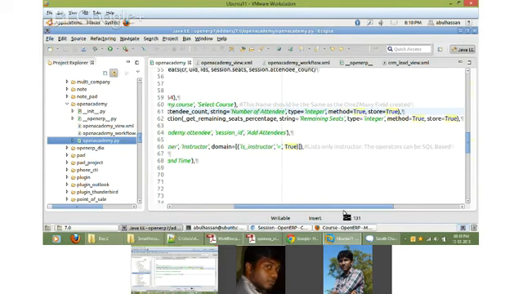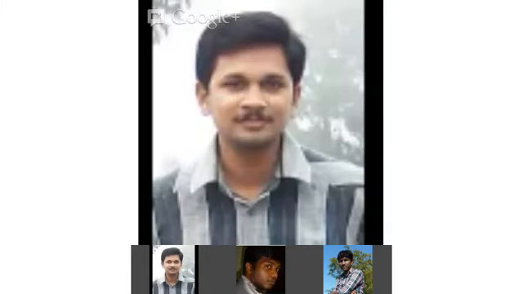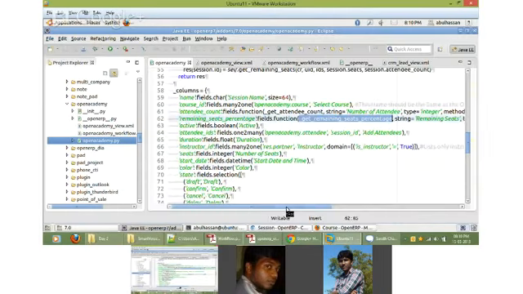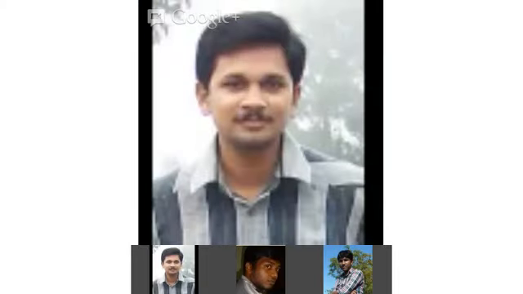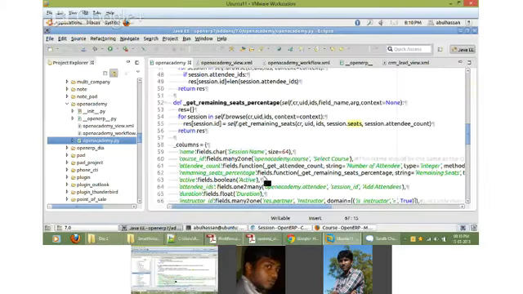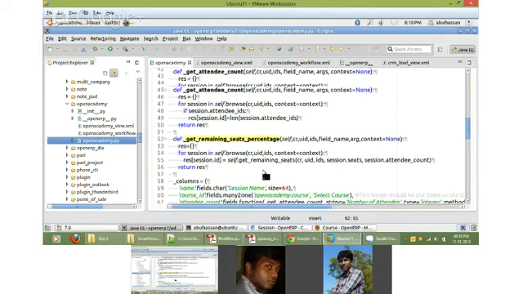That is another field which I calculated, remaining seat percentage. Both are dependent on the field called seats. We will see how we have obtained the field calculation. Let me see here. Get attendee count and get remaining seats percentage.